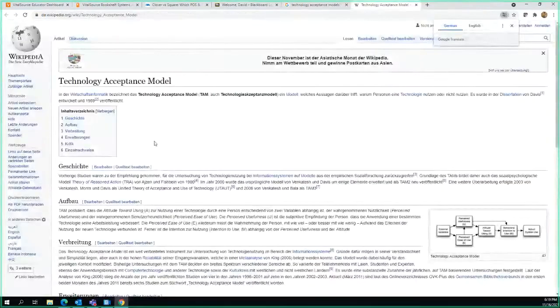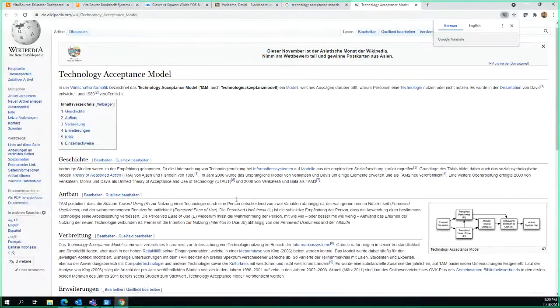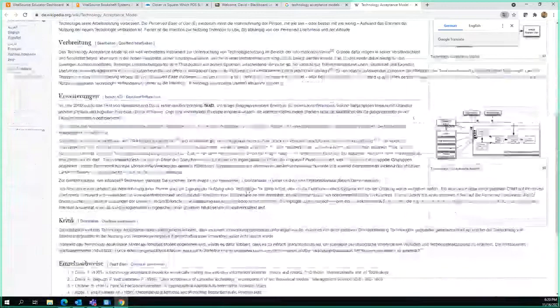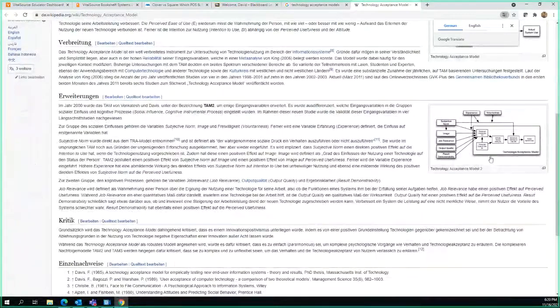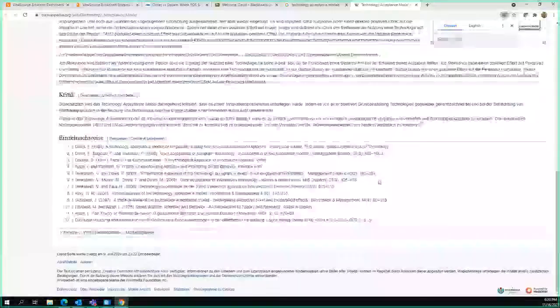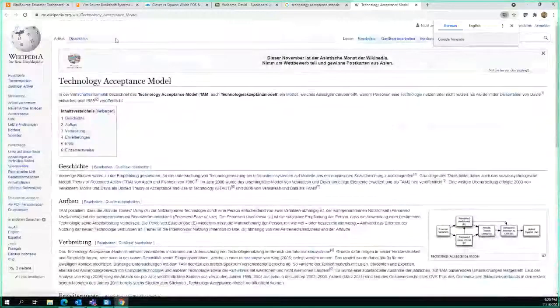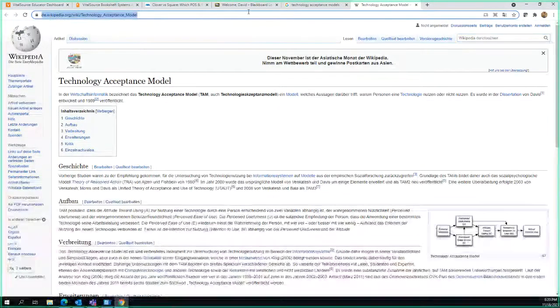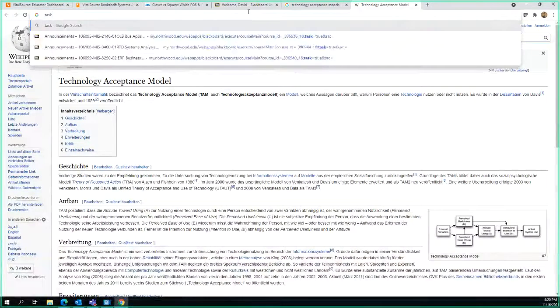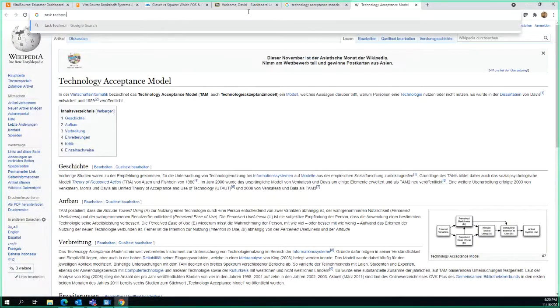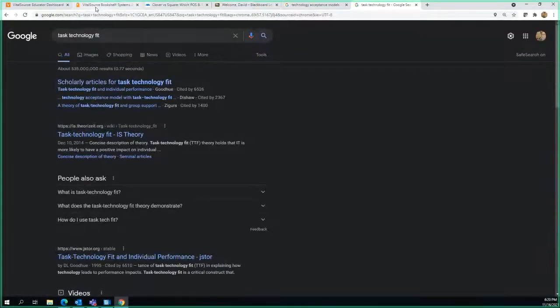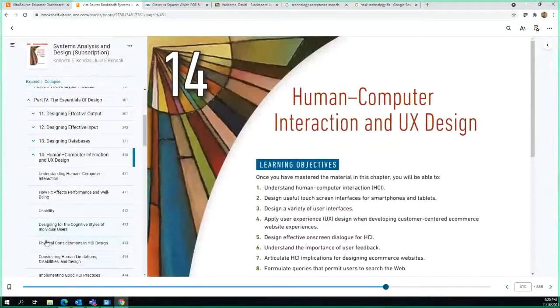The other ones that exist are this one. This model is going back to this part of the chapter, where they're talking about how fit affects performance and well-being.